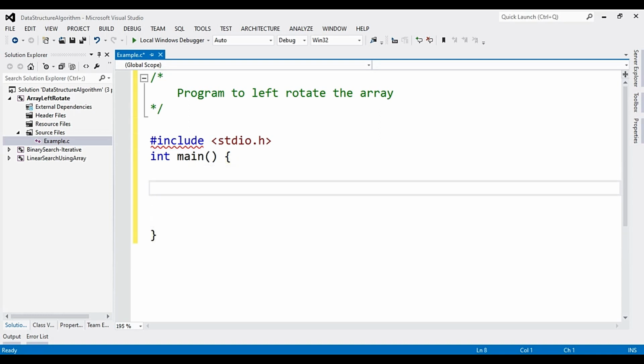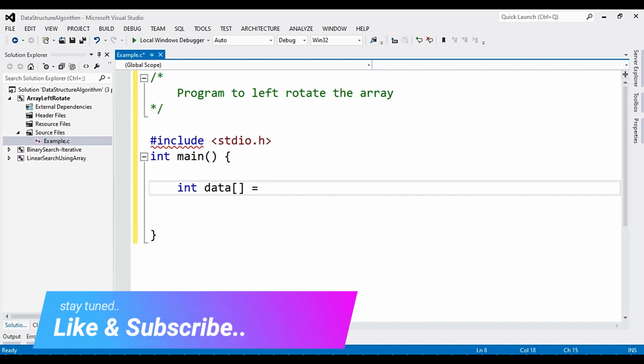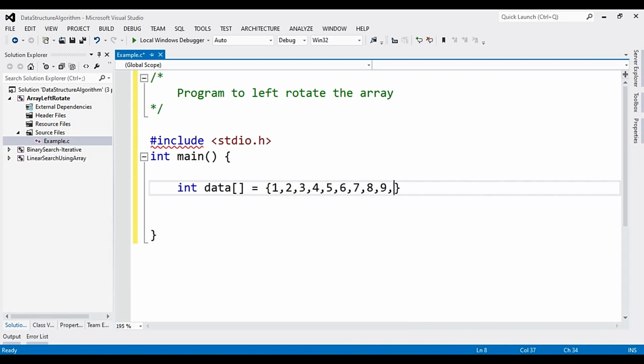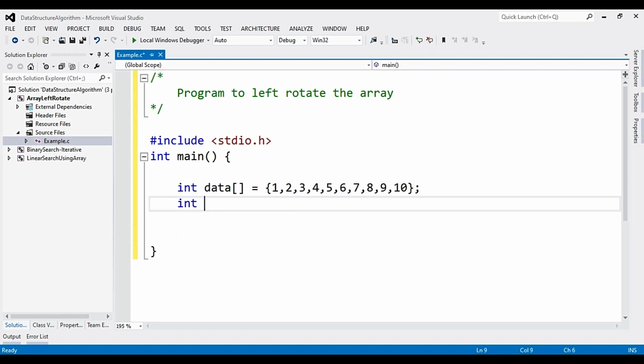We'll declare the variables. Let's say data is our array, and I'll add some values in the array. I'm adding them in sequence because when we rotate it, we should be able to easily identify the rotation. And we'll declare a variable by the name position, and this position variable will accept the value from the user, that is the number of rotations required.